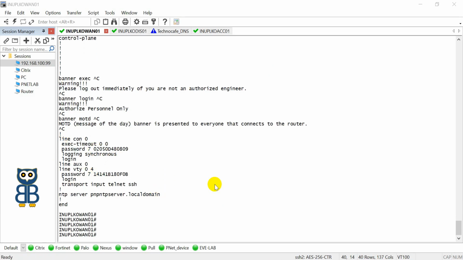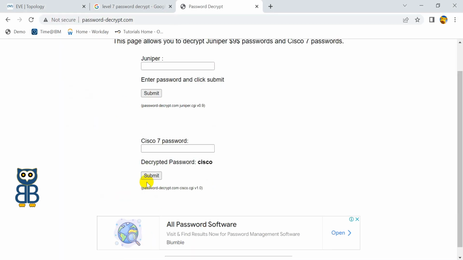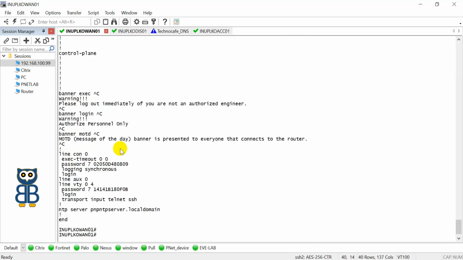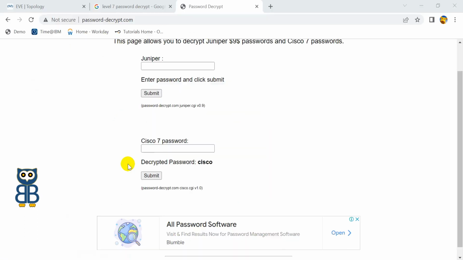As I told you that the level 7 password can easily be cracked, let me show you how you can crack the level 7 password. Use the website www.password-decrypt.com. Copy the password. So I'm going to copy the line console password and then paste it here and then submit. So you can see that the password has been decrypted and we can see the plain text password, which